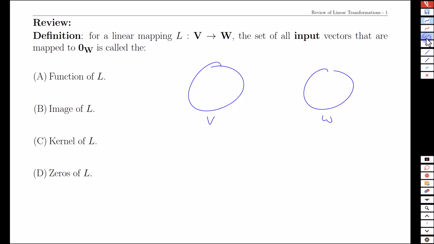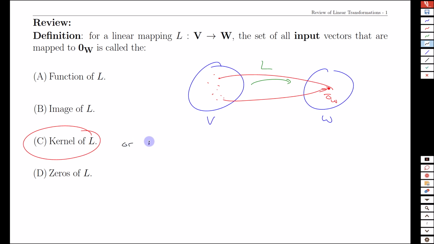Let's make that a different color just for fun. If we pick out specifically the zero vector here, in the output space, what is the name for all the points that map to that zero vector? You can just pause for 1 second or pick it out. Hopefully you said yes, the kernel, or sometimes it's called the null space